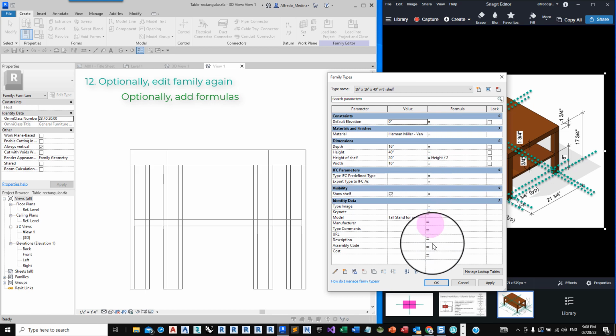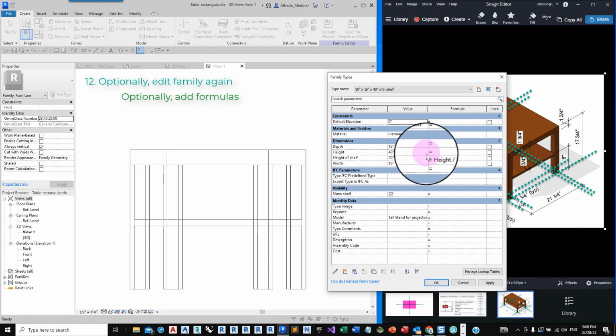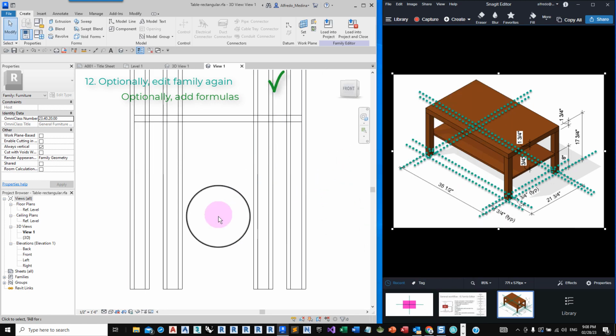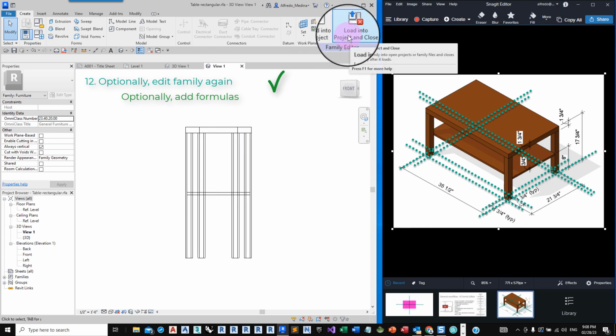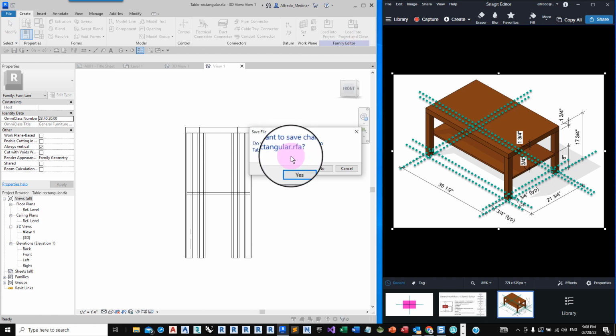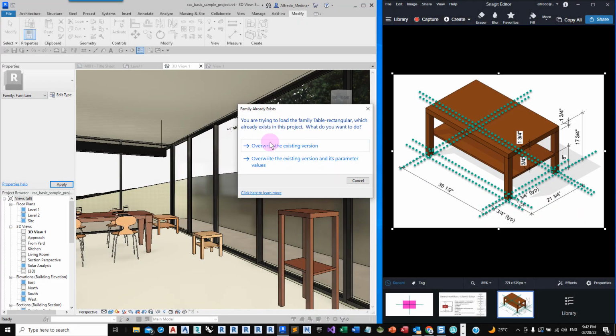Okay, so this gives you an idea of creating formulas. Let's click OK. And now let's do Load into Project and close. It's your choice if you want to save the family with this change or not. Let's say yes, click OK. Then I see this question.